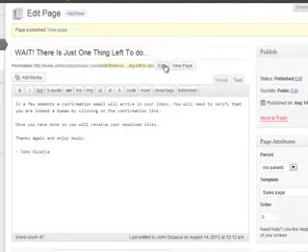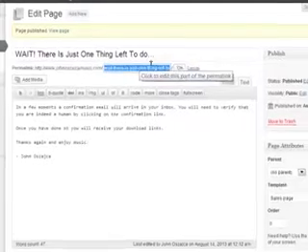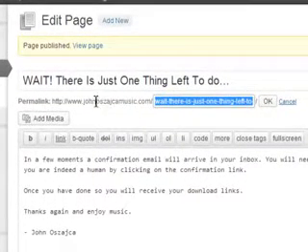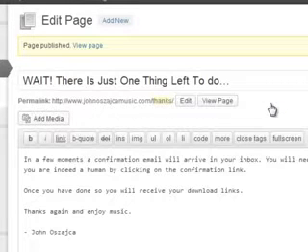There's one other thing you might want to do. In fact, let's do it to make it simple. Let's make this a simpler to remember page URL. You don't have to do this, but I do it. Click OK. There. Now our URL is just